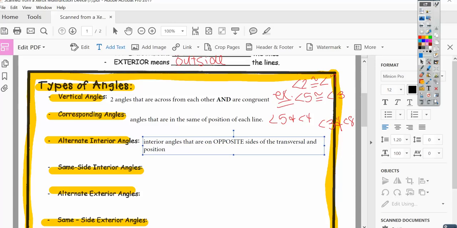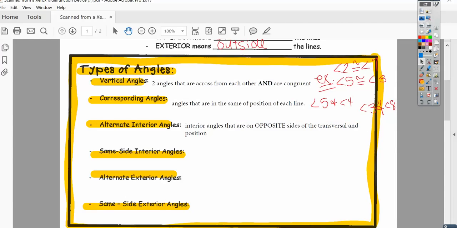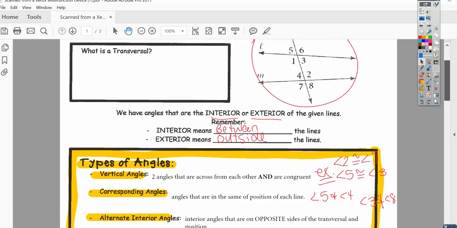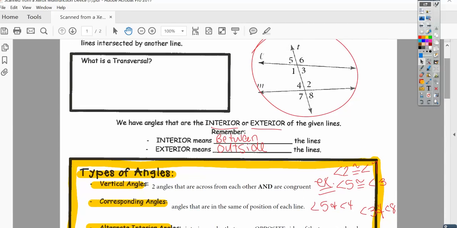Alternate interior angles are interior angles that are on opposite sides of the transversal, and they're also on the opposite position. So if I look at my picture, my interior angles are 1,